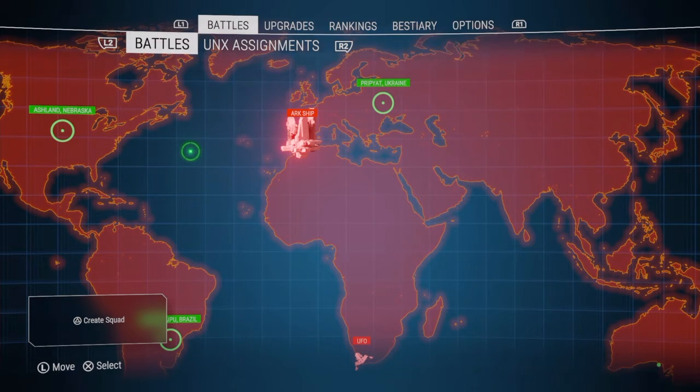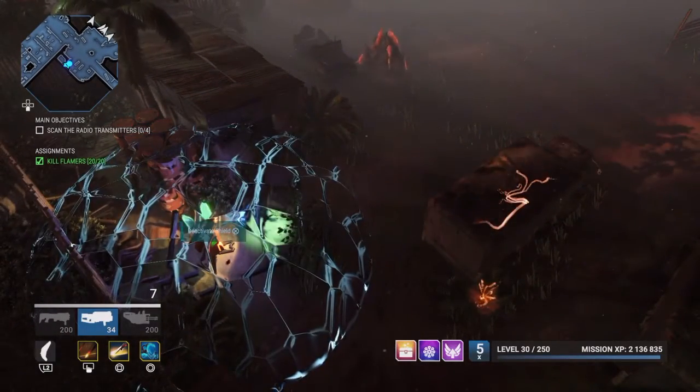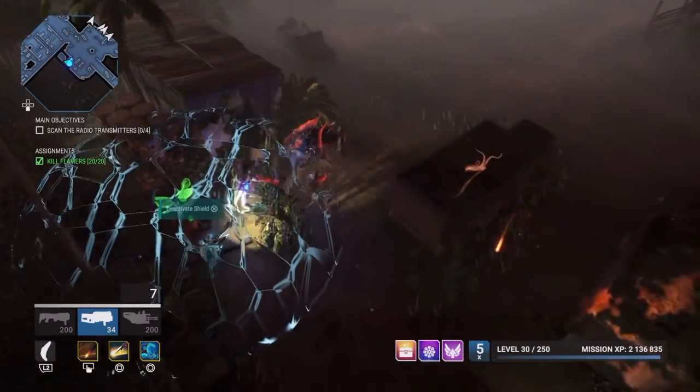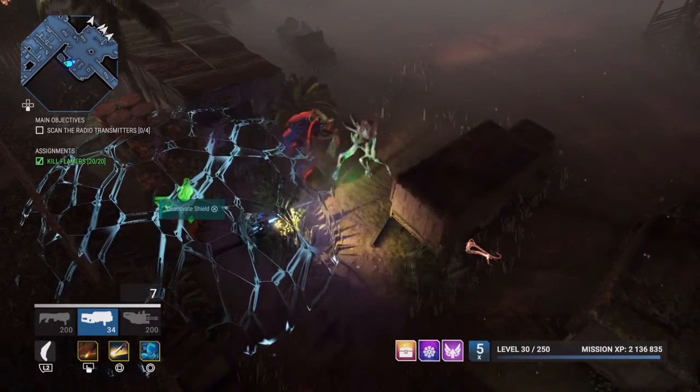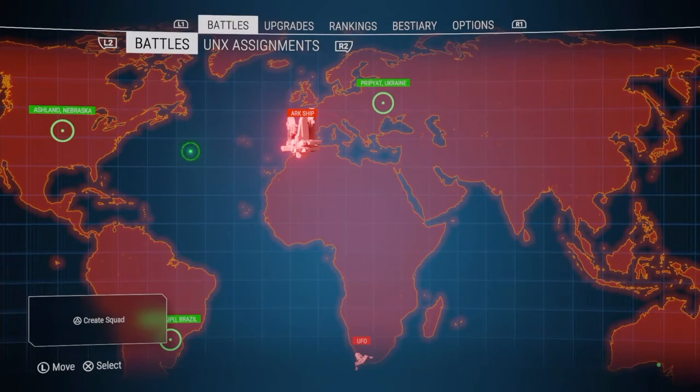Bigger changes, so respawn beacons, this one's pretty cool. The respawn beacons now, when you activate them, it activates a bubble shield around you and the beacon. Nice. That's good, especially for new players or lower level players, if you want just a breather